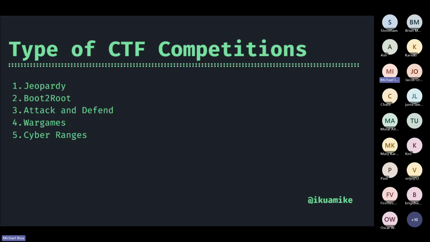Boot-to-root, which is what I was talking about. So this one is focused on pen testing. So you're provided with a standalone machine, which is a VM, and you attack that system to gain initial access. Once you get initial access, you still have to find the flag, which in this case, the basic premise of a CTF, find a flag, and then look for a strategy to escalate your privileges.